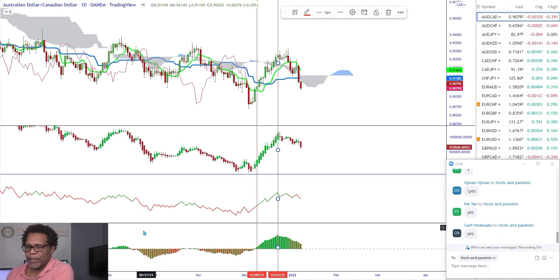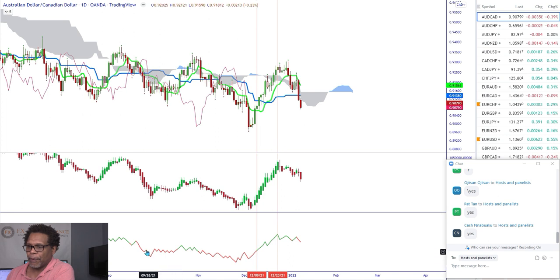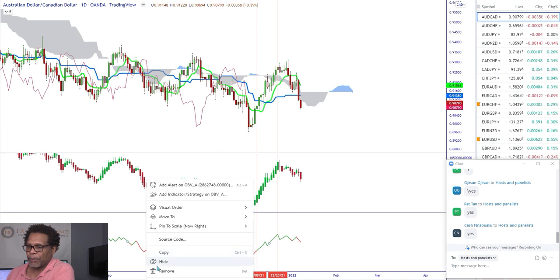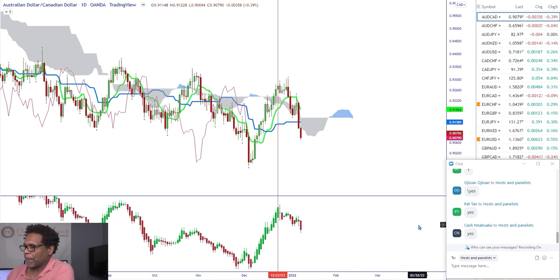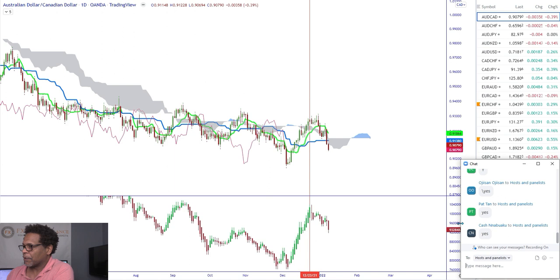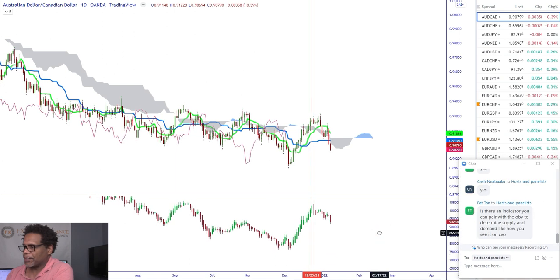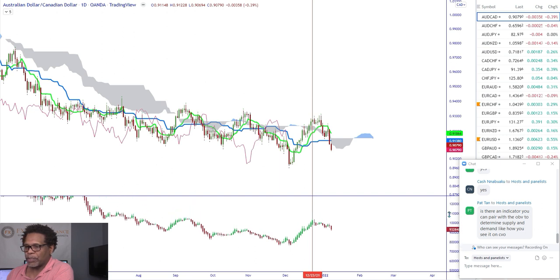I'm going to take all of these off my chart except one. I'm going to remove that one. I'm going to remove this one. And I'm going to go with this today. All right, so this is what we'll be using. This one doesn't adjust real well with the chart. I have to always adjust it to get it where I want it, or see the candles bigger.